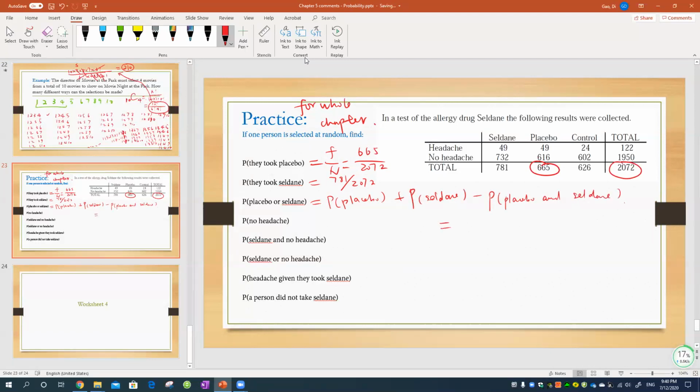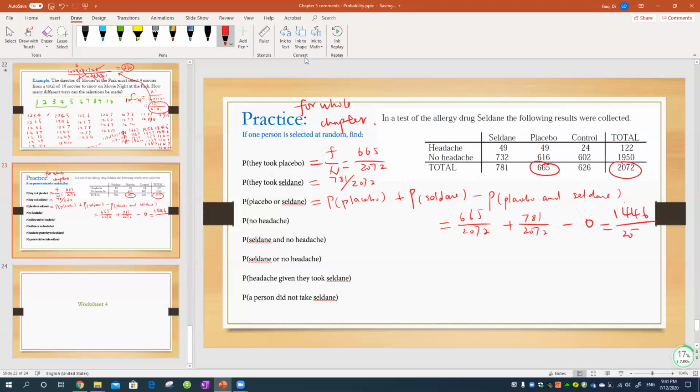So that is 665 divided by 2072 plus 781 divided by 2072 and minus. So we want to look at placebo and Seldane. There's no overlap, so that is 0. And then the answer is going to be 665 plus 781, so 1446